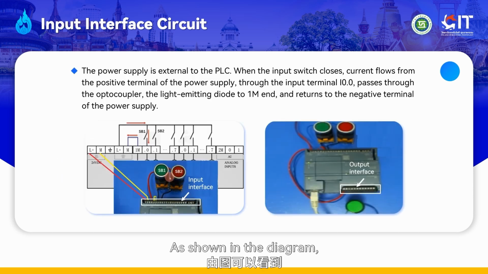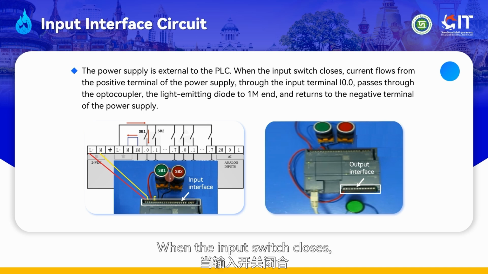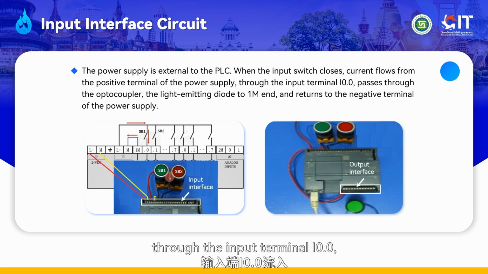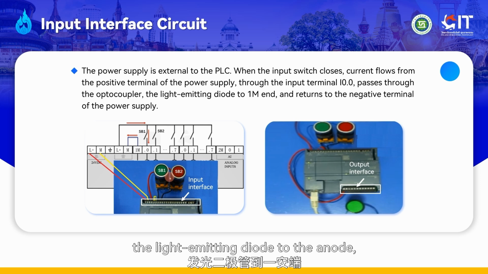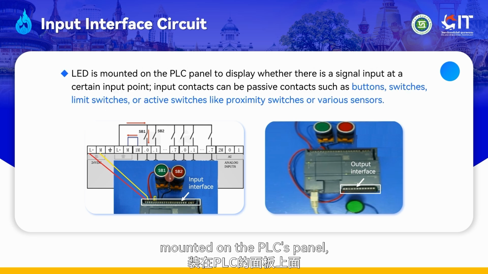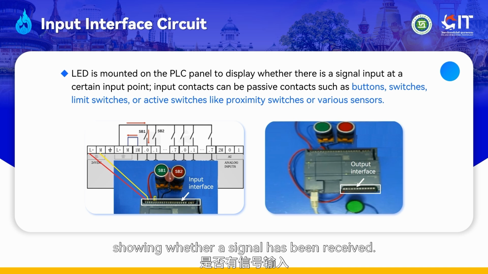As shown in the diagram, the power supply is external to the PLC. When the input switch closes, current flows from the positive terminal of the power supply through the input terminal I0.0, passes through the optocoupler, the light-emitting diode, to the anode, and returns to the negative terminal of the power supply. The light-emitting diode, mounted on the PLC's panel, indicates the status of a specific input point, showing whether a signal